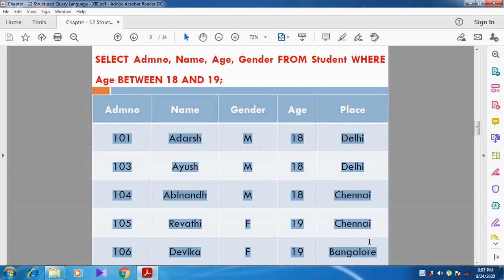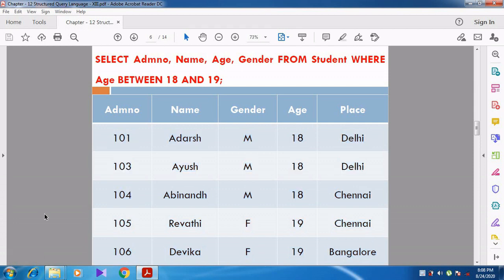Other records are not displayed. For example, admission numbers 102 and 107 are not displayed. Why? Because those two records are not in the range 18 and 19. They do not satisfy the condition.